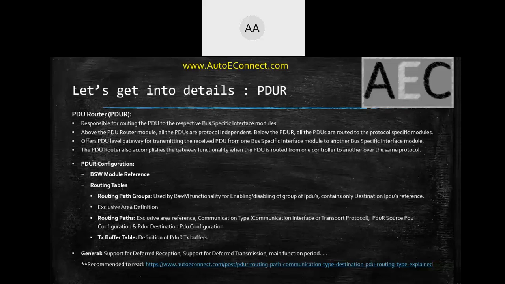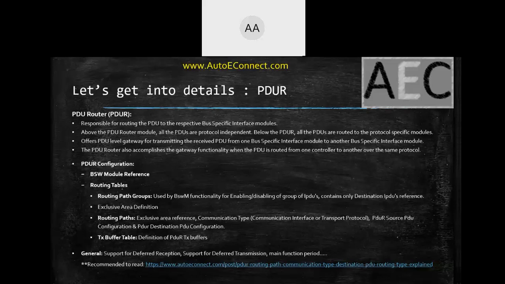That means transmitting the received PDU from one specific bus to another specific bus. For example, for communication related gateways, where you are receiving a message on Ethernet and you want to transmit the same message without doing any change in your ECU, you can go for this PDU level gateway supported by the PDUR module. Yes, we will be looking into the parameters. In general, it will have a source reference and a destination PDU reference.